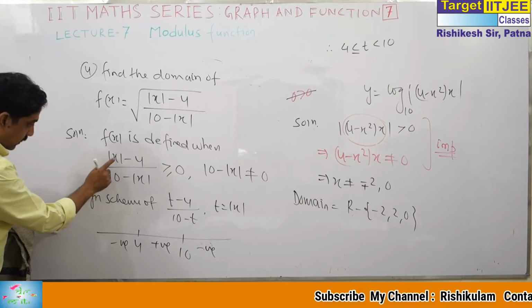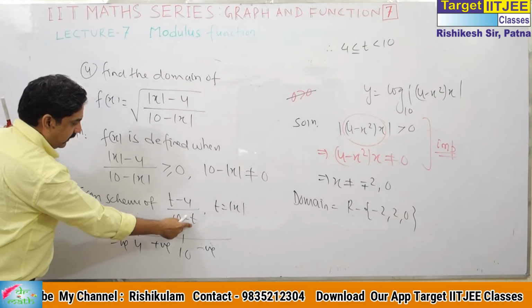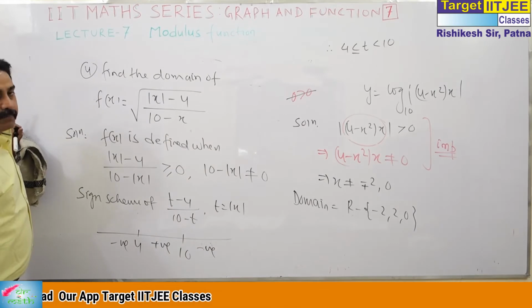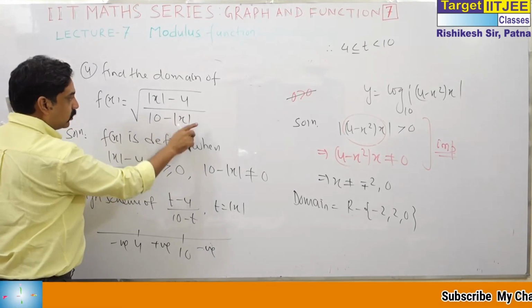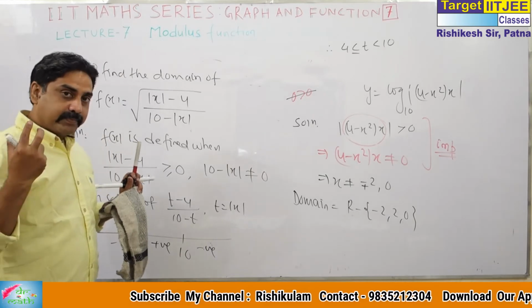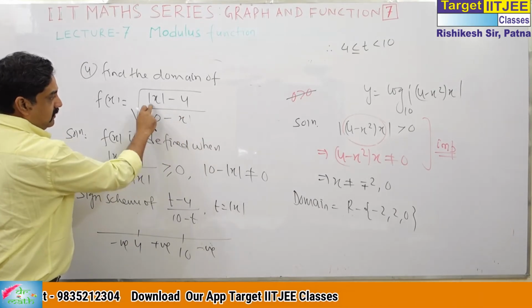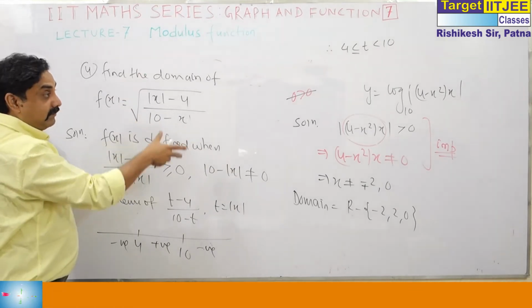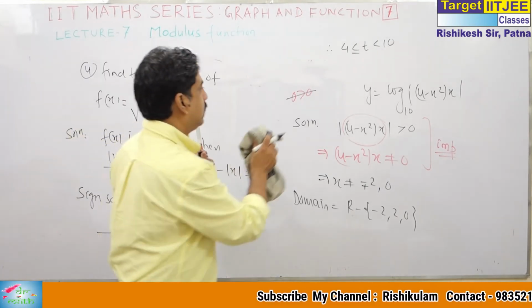Since here is mod and here is mod also, we can treat it like one quantity. If there is mod in one place and not mod x in the other, suppose the question is like this, then there is a problem. We have to take two cases, x greater than 0 and x less than 0, and then proceed. But due to both being modulus, our work becomes easy. If you don't get any clue, you have to break the modulus. For a question like this, you have to break the modulus: x greater than 0, sign scheme; x less than 0, sign scheme. Then find the answer by combining case 1 and 2. But there is no problem here.